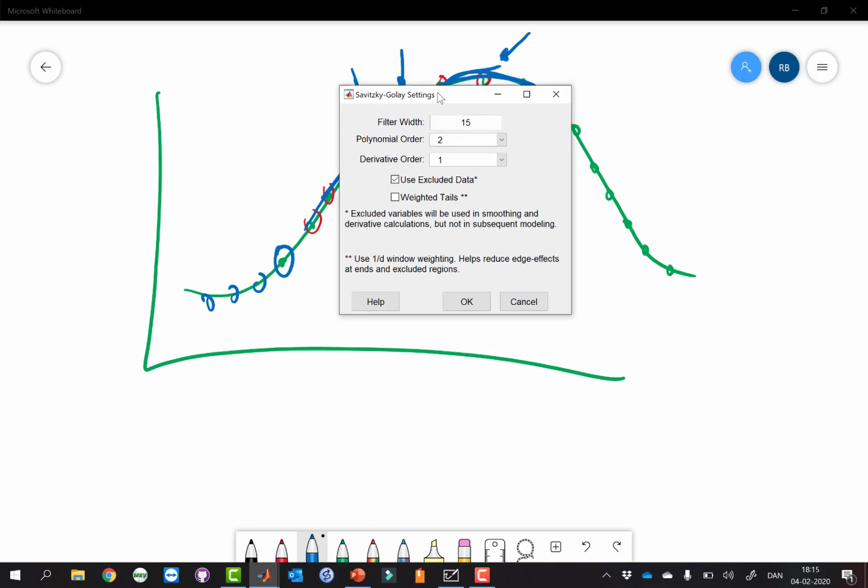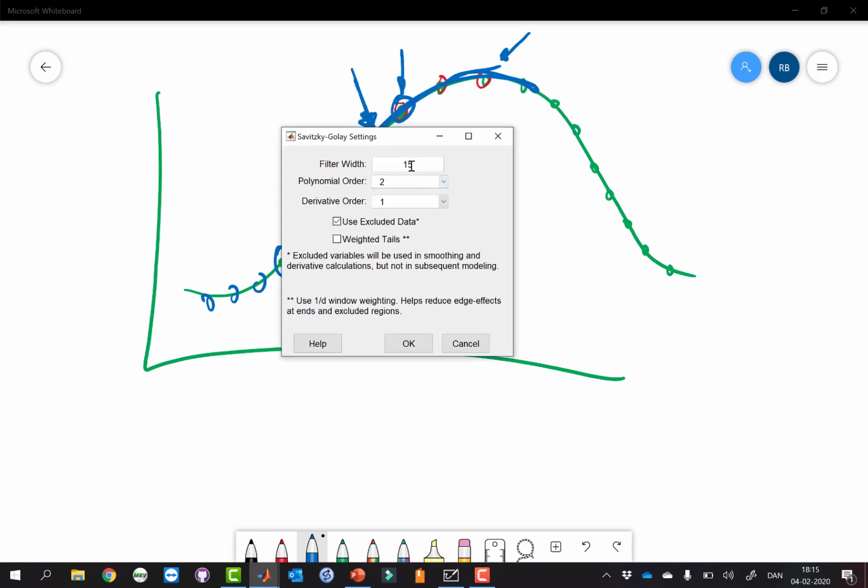So, if I want to calculate a derivative, I have to define how many points I want to use. I also have to define the polynomial order, and I have to define whether I want the first derivative, the second derivative, etc. Normally we go for first or second derivative. It's very, very rare that we go for higher order derivatives. We could also say none, and then in essence we would just be doing a smoothing. So if I want to smooth my data, I could do it like this.